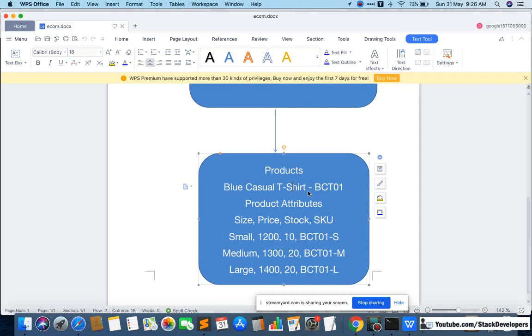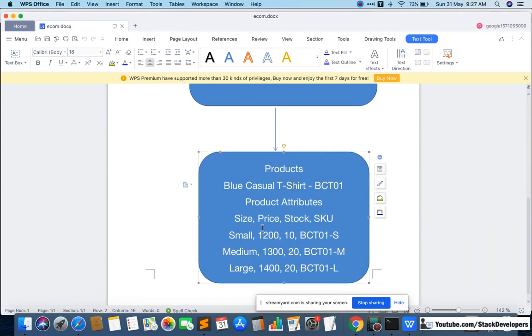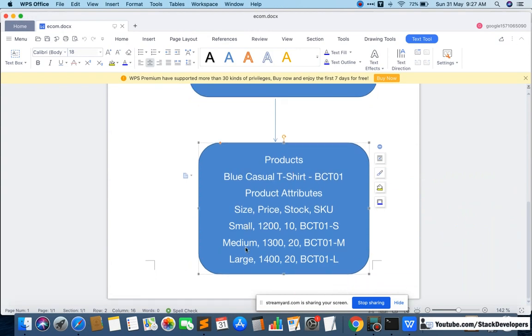Then what he has done at his end is, he must be having lots, separate lots for all the sizes of the t-shirt. One is having the small size, one the medium, and one the large size. If you fetch the details of the sizes, you are going to see small, medium and large, and every size has its own SKU. SKU is stock keeping unit. Every size may have its own price.